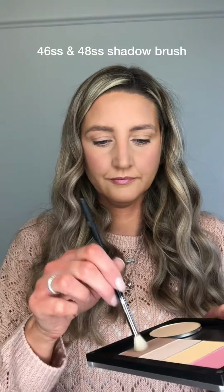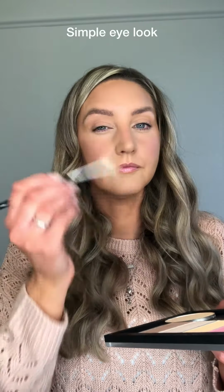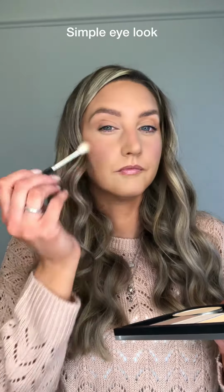Using the new smoothing under eye powders on a 6SS brush, I'm just working it into the skin underneath the contour and blush, just to kind of give it a little bit more of a clean look. Using two of my favourite eye brushes, a 46SS and a 48SS, I'm going to take that 507 sculpting powder and just work it into the outer corner of my eye, into my crease, exactly where I placed the all covered concealer. Using a clean brush, I'm going to just take 501 sculpting powder, which is a banana coloured powder,